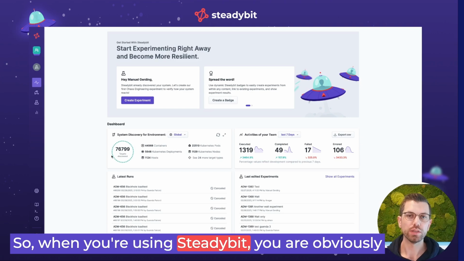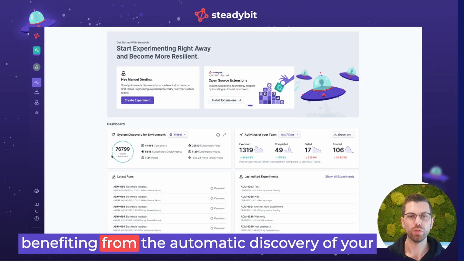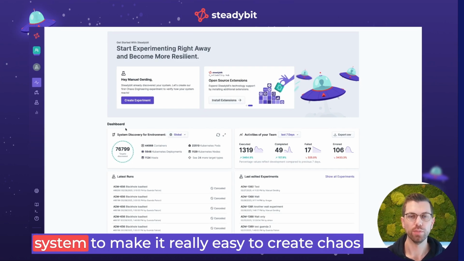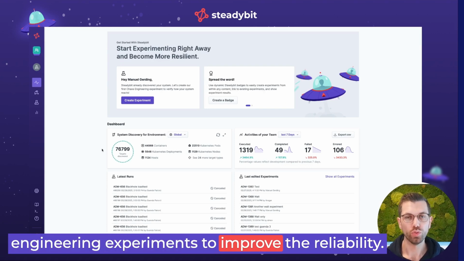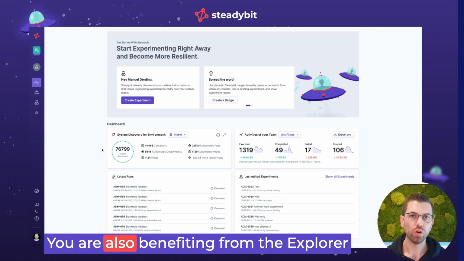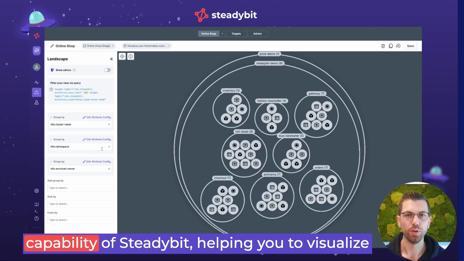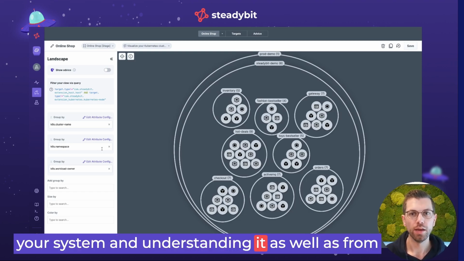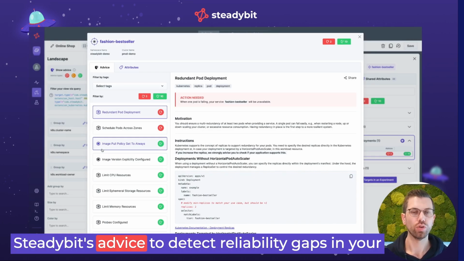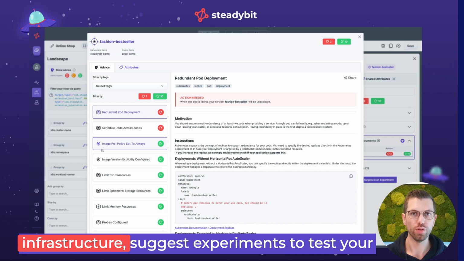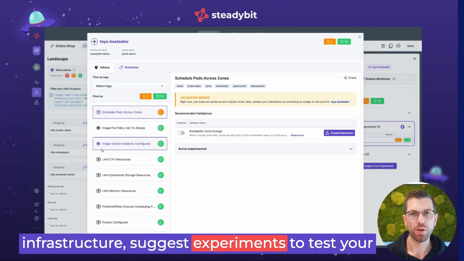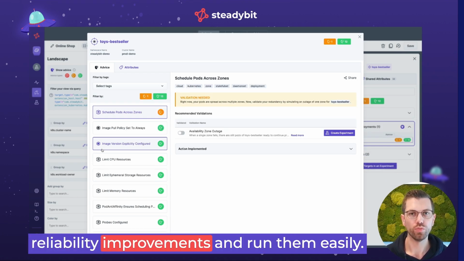So when you're using Steadybit, you're obviously benefiting from the automatic discovery of your system to make it really easy to create chaos engineering experiments to improve the reliability. You're also benefiting from the Explorer capability of Steadybit, helping you to visualize your system and understanding it, as well as from Steadybit's advice to detect reliability gaps in your infrastructure, suggest experiments to test your reliability improvements, and run